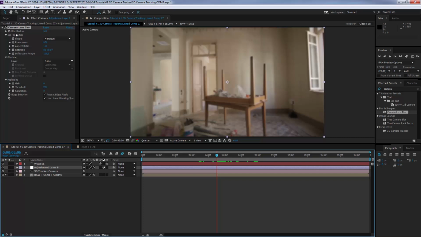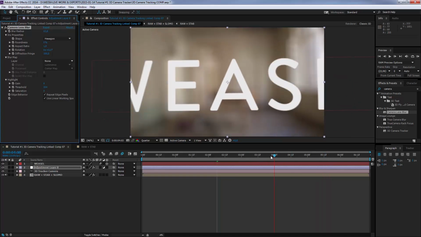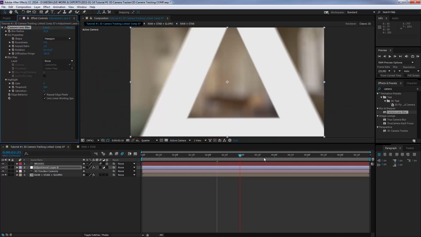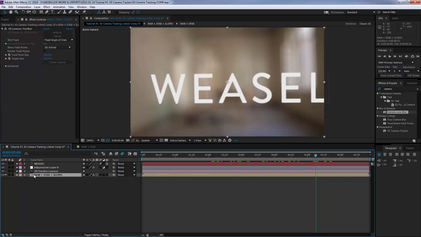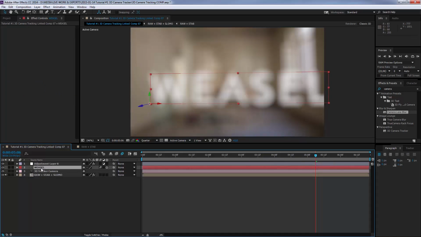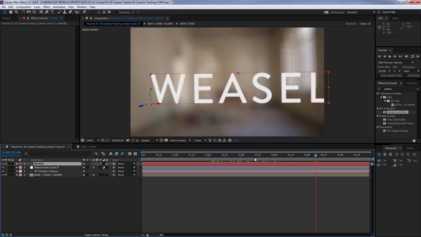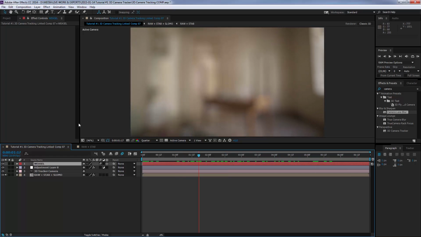Okay, so what the effect basically really just does is it blurs. That's all. See, the background is really blurred, and only the background, because the adjustment layer blurs everything that's below it. So basically it's only our footage, right, and not the weasel. If we would drag it down here, it would be blurred too, but we don't want that. And we want to have it continuously, so kind of like from here,